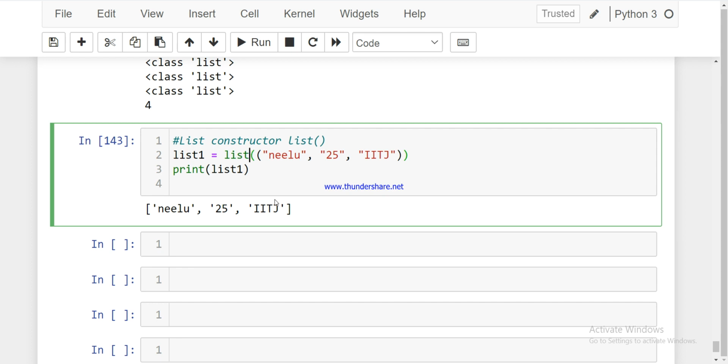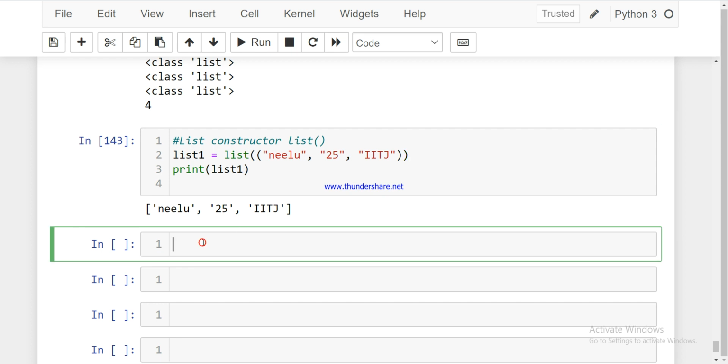Let's understand that. If we are talking about Python collections, there are four collection data types. That is list. List is a collection which is ordered and changeable and allows duplicate members. That we have seen, and in the next lecture we will talk about the tuple. Tuple is also a collection which is ordered and unchangeable. So list was changeable, but tuple is unchangeable, and it allows duplicate members.